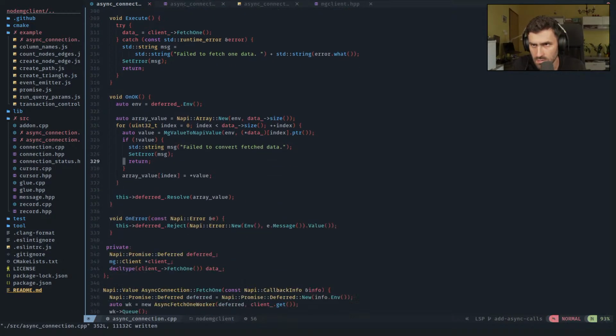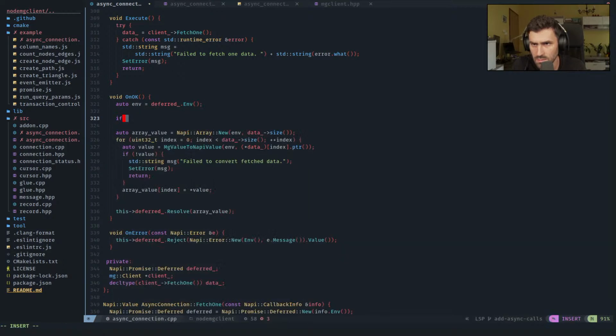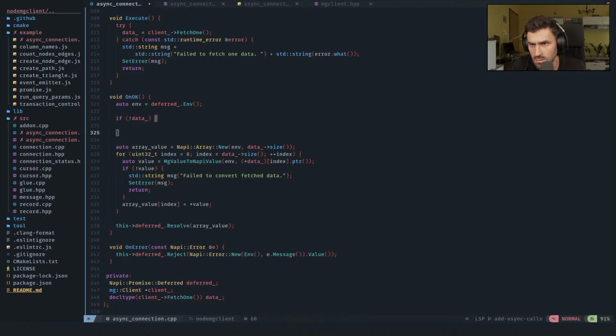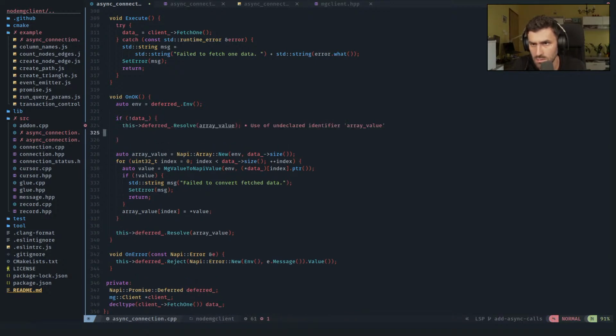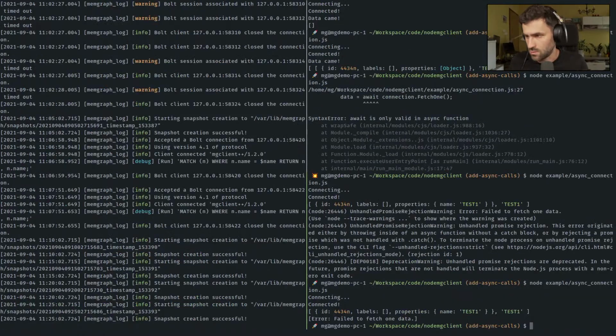And if data is data size, so here, if not data, then we have to return resolve env dot null. This is correct. So if I run this thing again,